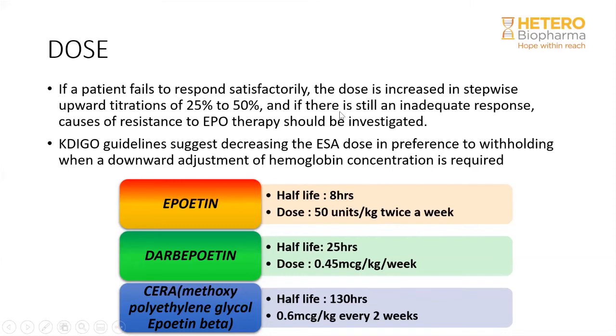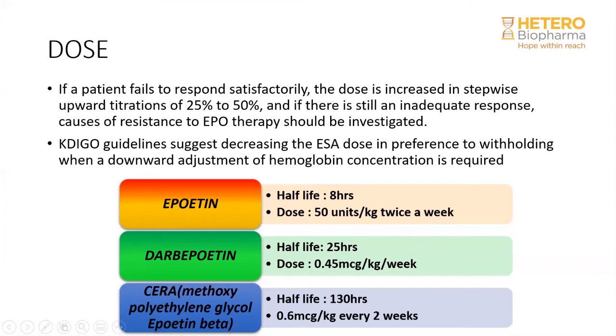You don't try to go up over that. So if someone has reached the hemoglobin target, let's say someone's hemoglobin is 11.5, you don't stop the EPO at that point. You reduce the dose. You can either space it out, make it weekly if he's on twice weekly, or if he's on darbepoetin, you can make it once in a fortnight. So you don't stop it, but you taper and reduce the dose of the ESA.